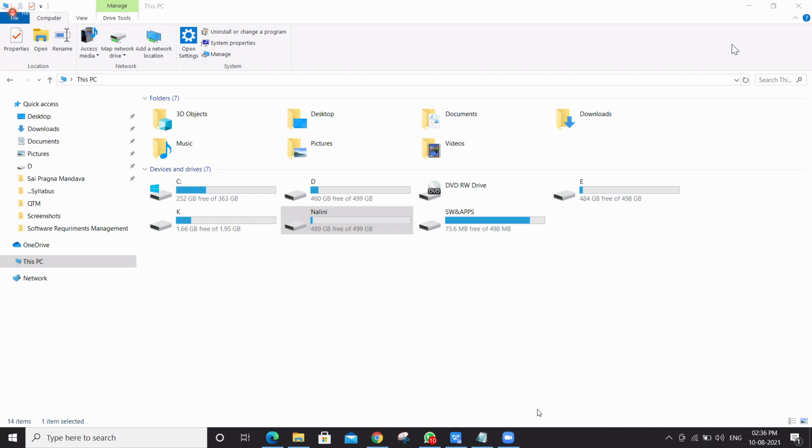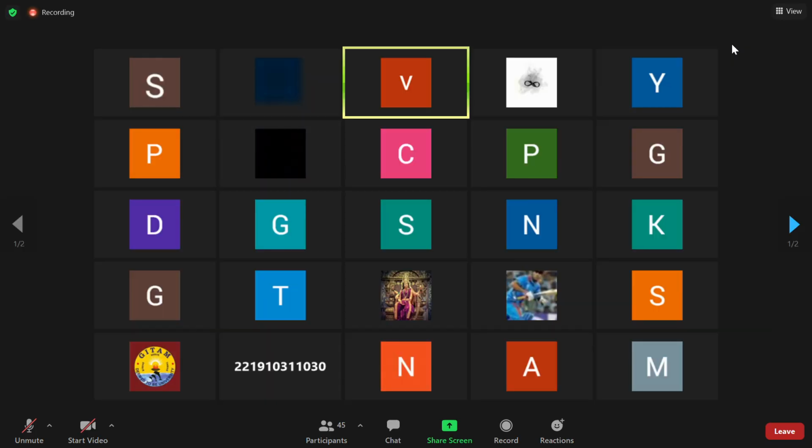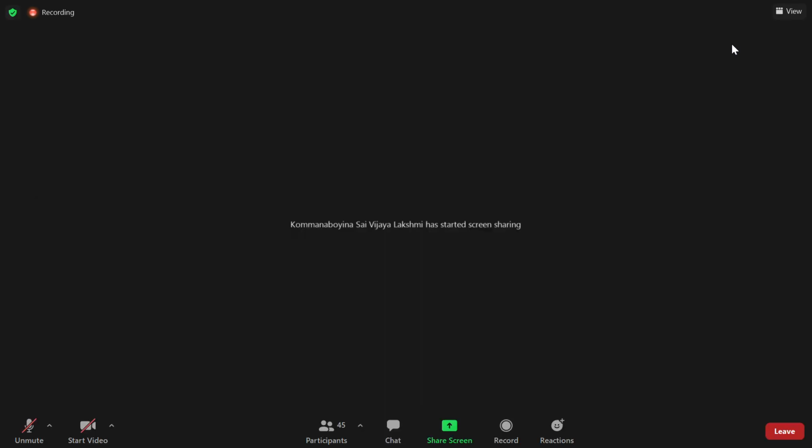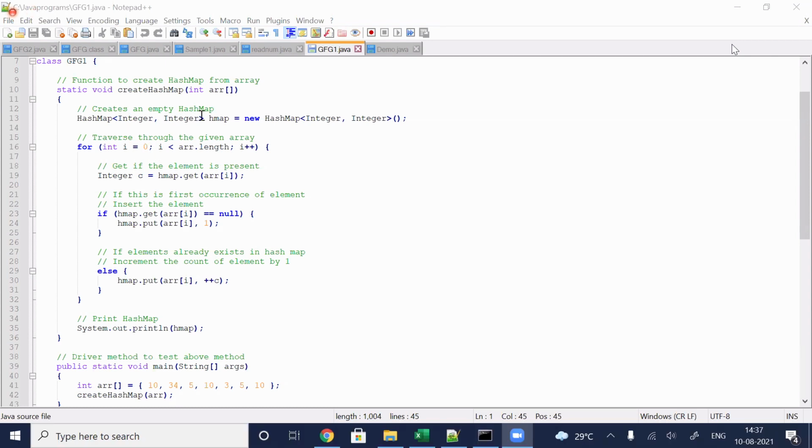Okay, then stop sharing. Here I have given you the integers, right? Integer count I have shown you. Now instead of integer, you take this as string and count that. Suppose you give C programming three times, C++ two times, Java only one time, and give the string occurrences. That is a very important question.